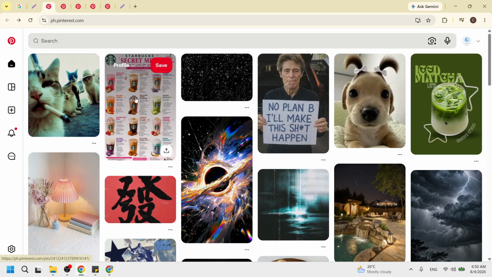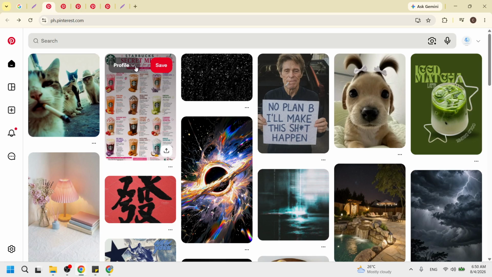When you do this, you should see a small menu or overlay appear on the image, often including a save option and sometimes a board name. Beginners sometimes double tap and accidentally open the website behind the pin, so use a single tap if you only want the save options to appear.